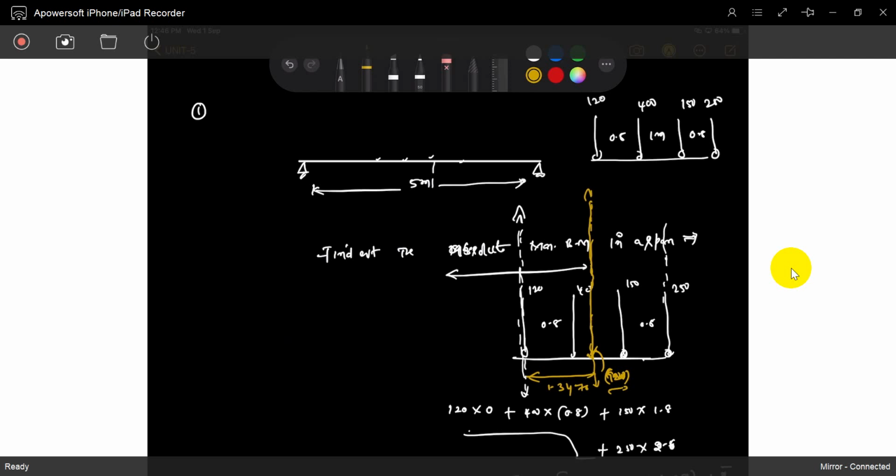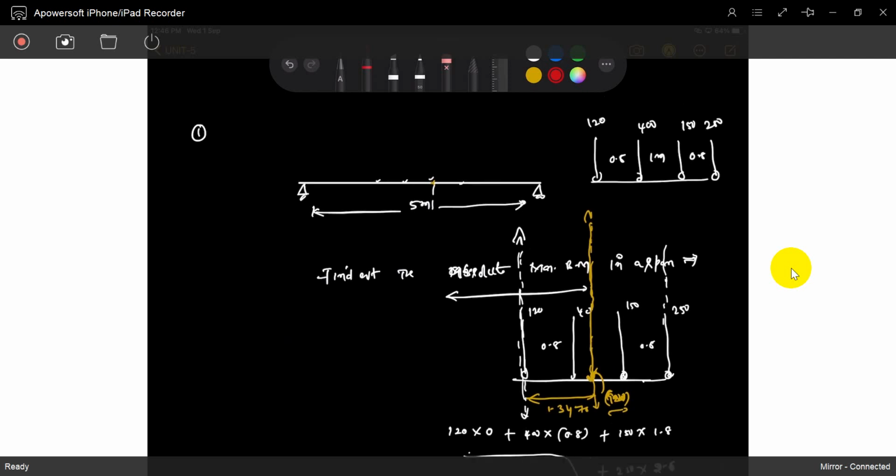So how can you arrange this? Exactly this point is the point of total forces acting. We will put this value on the center of the span. Is it good? Not good, because here chances are there. I already said the maximum bending moment is also affected by the value of the concentrated loads. Now you can observe it: a 400 is there, and a 150 is also there.